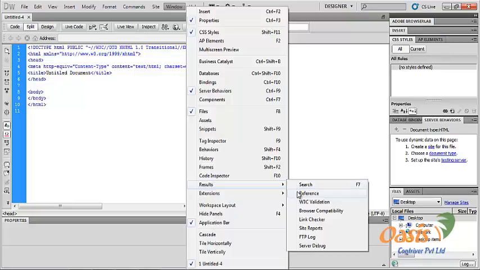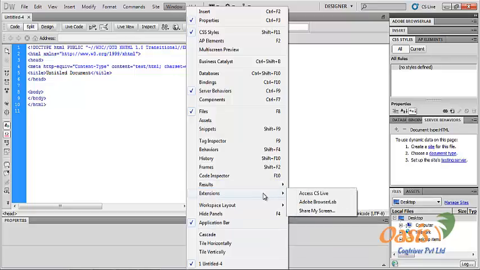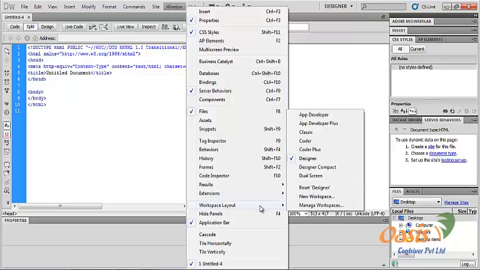Search, References, W3C validation, browser compatibility, link checker, site reports, FTP logs, server debug, etc. Extension. This menu lets you access various online services such as Access CS Live, Adobe BrowserLab, Share My Screen, etc. Workspace layout. It lets you save the position and the size of Dreamweaver's panels and windows in any arrangement you